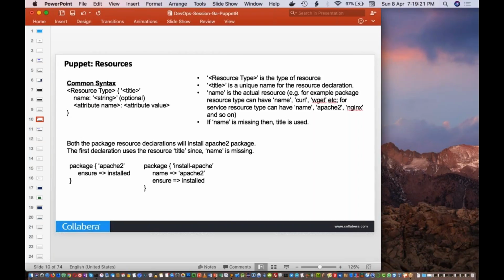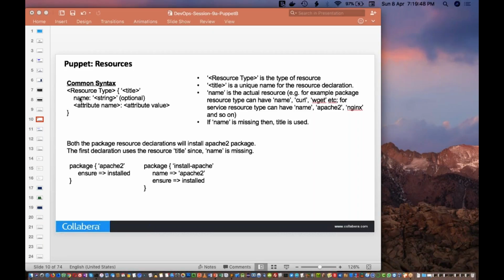Now, Puppet resources. Last class we saw some Puppet resources, but this is a common syntax that we will be using. There will be something called resource type, like package. It can be a package or service or file, or any type of resource type. Then followed by the title. Title is a unique name for the resource declaration.